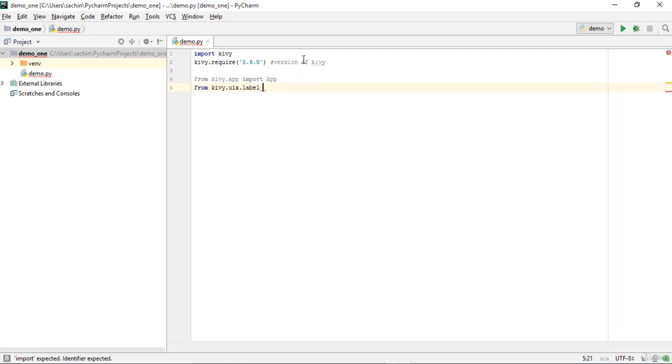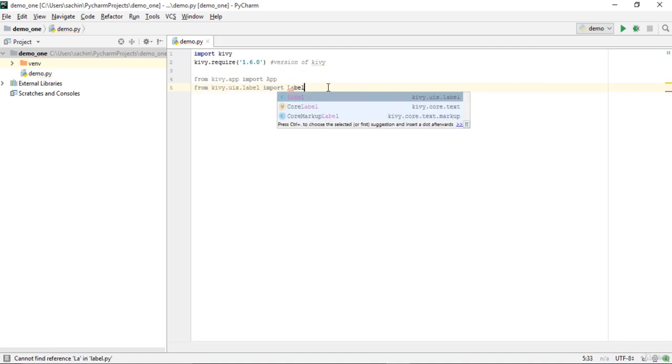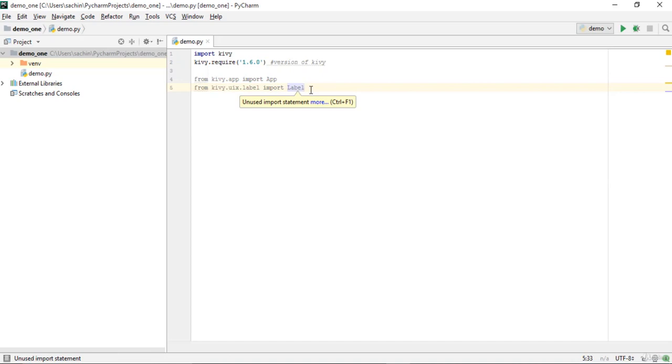So from this label, I want to import the Label module. This label module will contain all our interface, that is the text view, or you can also have grid layout, text layout, list layout, adapter, and it will also contain your graphics, animation, and this label basically will contain your button too. So we'll import that in order to make the user interface.